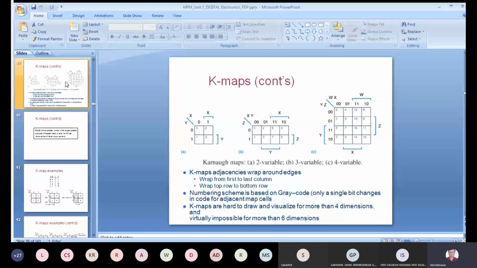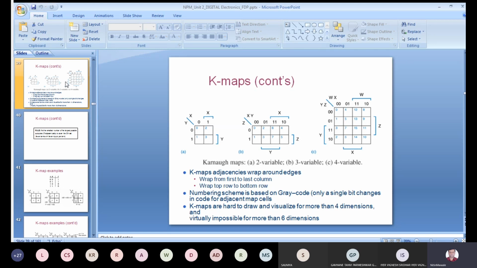So again, 2-3 instructions are there. While solving this K-map, you should keep 2-3 color pens with you, so that whatever grouping you are making, you can tell exactly which grouping you have taken. If you do it with only a single pen, you may get confused. But if you mark the groupings using different color pens or pencils, you can easily view them, because after 2-3 months you have to refer to these notes again.